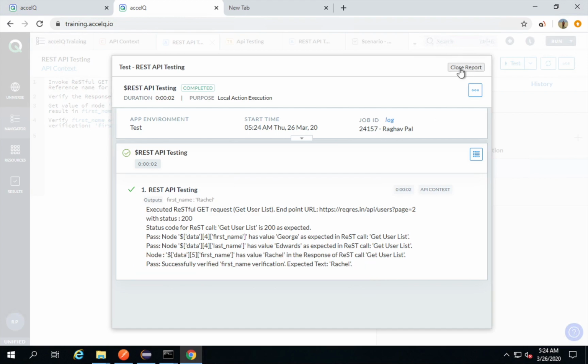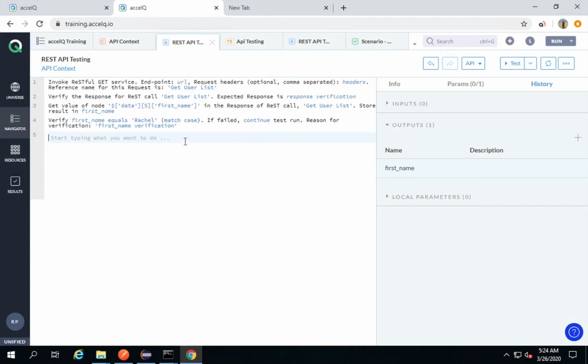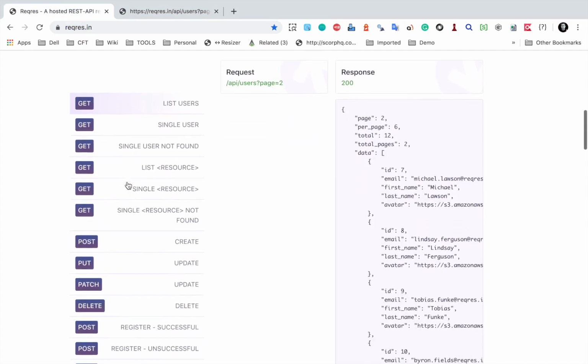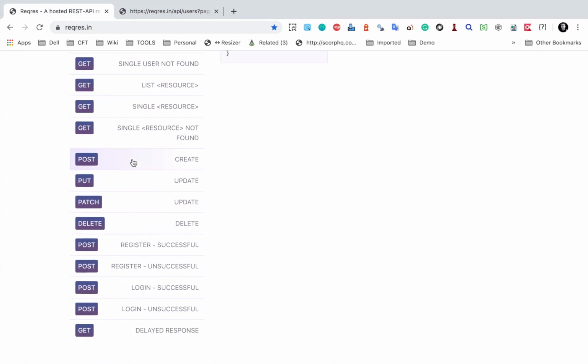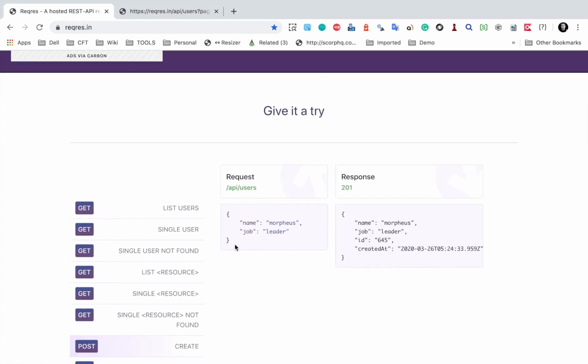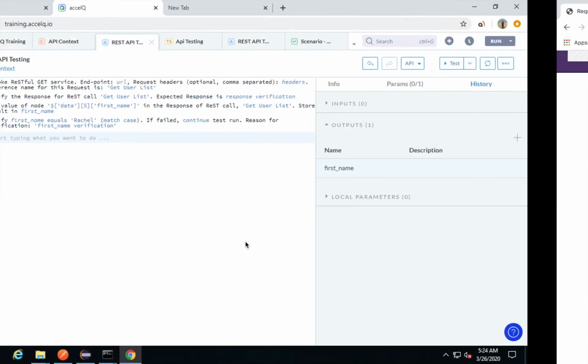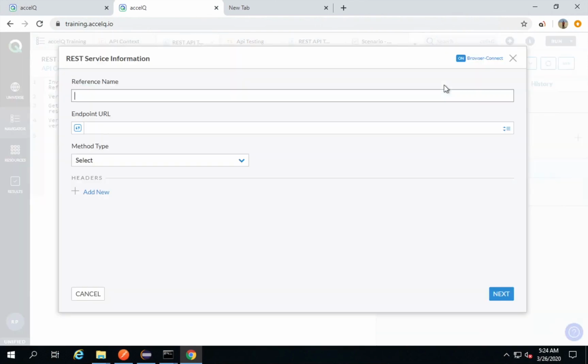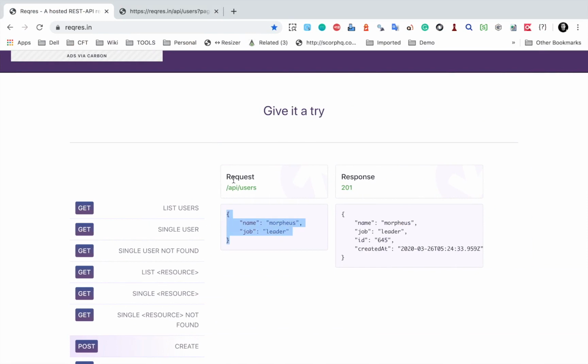Now let us go and create a new request, and this time I can take a POST request that is for creating a user. So this is a POST, and for POST we also have a body or a payload that we have to add in the request. So here again I will click on API and say REST, and for the reference name I will say this is create user, and the endpoint I will click here to get the endpoint of this API